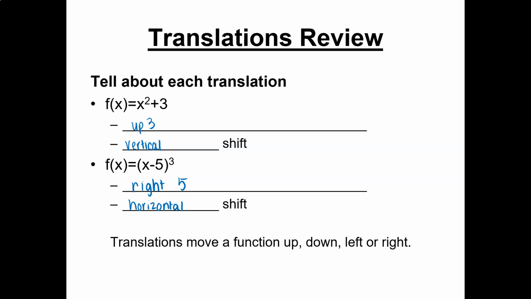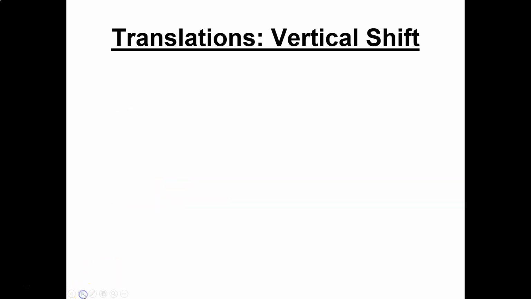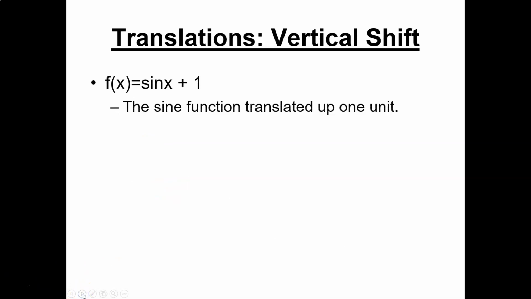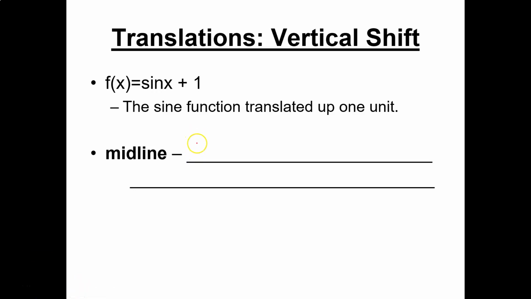Okay, so questions about this? We remember it fairly well from earlier, hopefully. All right, so with trig functions, the same thing is going to happen. When I have something like f of x equals sine of x plus 1, that's just going to be the sine function shifted up 1 unit. Okay, good. All right. So in a sine function, the midline is going to be the